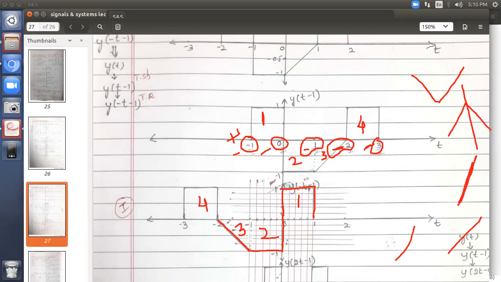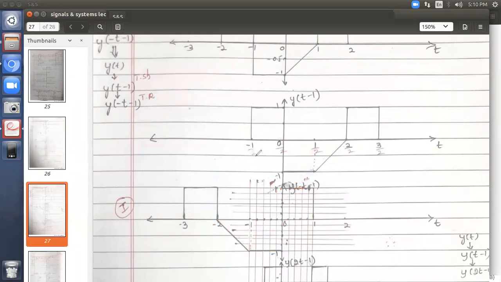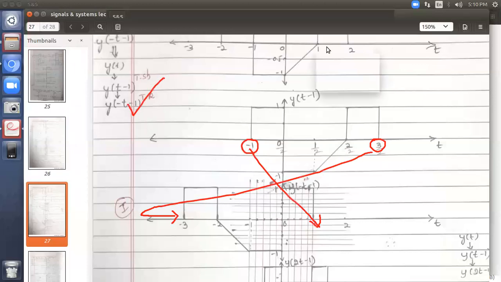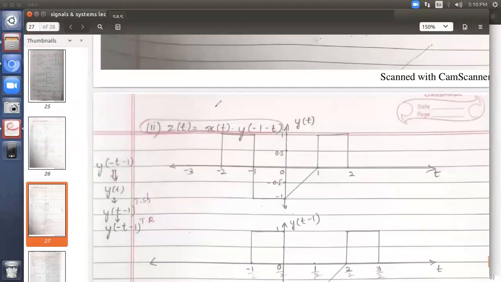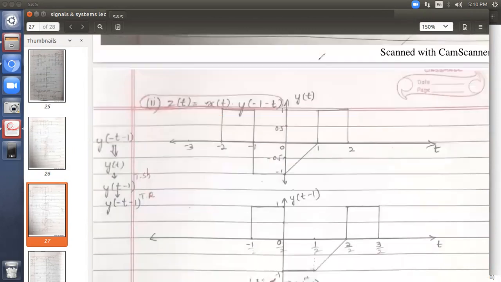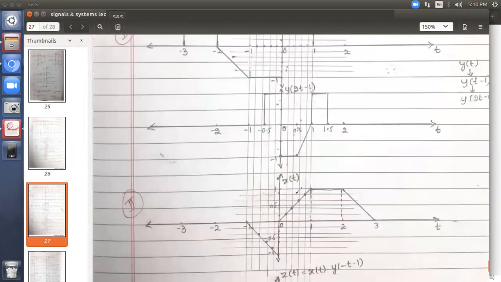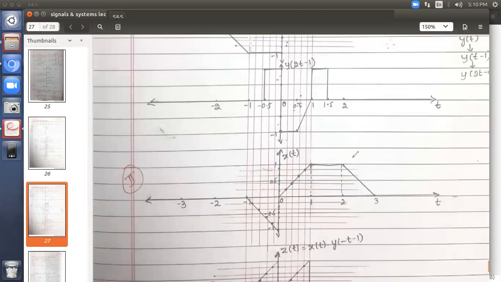So this is how we get the mirror image. Observe here, originally it is -1 to 3. Change the signs, it will be from 1 to -3. Signs will get changed, so this is the mirror image. So we have got this, and multiplication is a bit easier here because for x of t there is no need to manipulate. Directly we have to take it. Directly I have taken x of t.